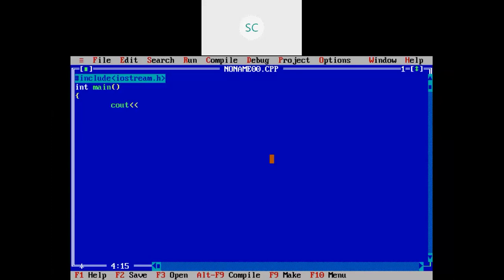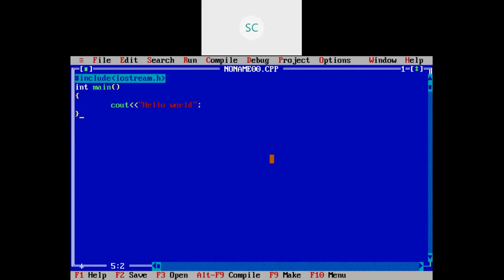This is similar to the printf statement in C language. Here, what we wrote is hello world, semicolon. Then close your main function. This is the sample hello world program that we wrote in the last class.